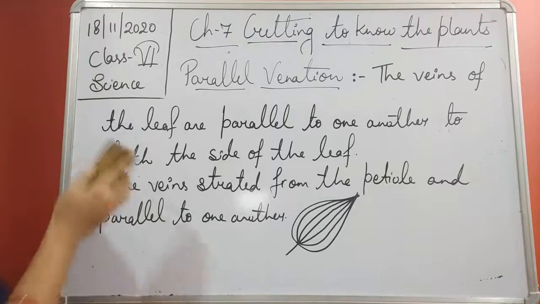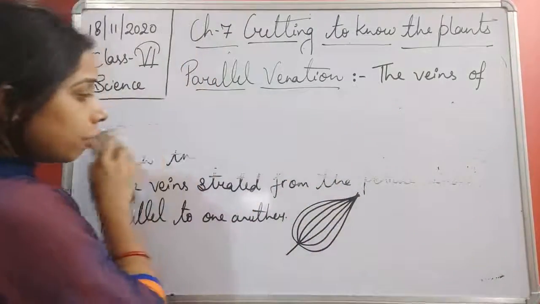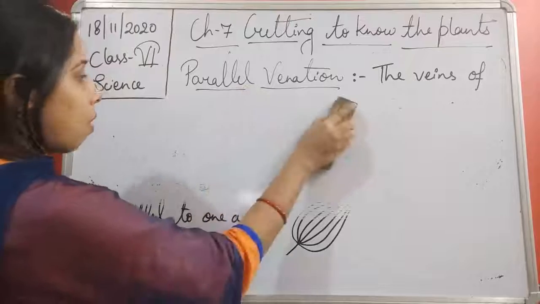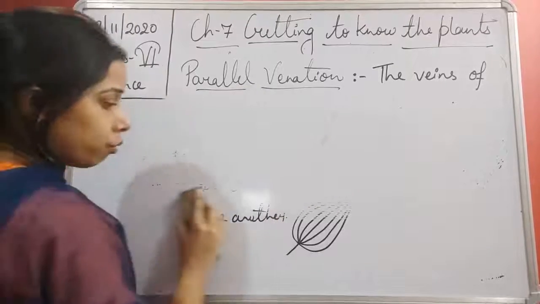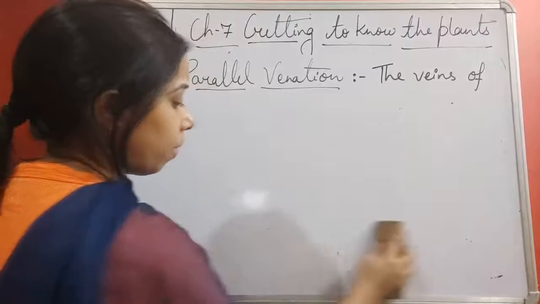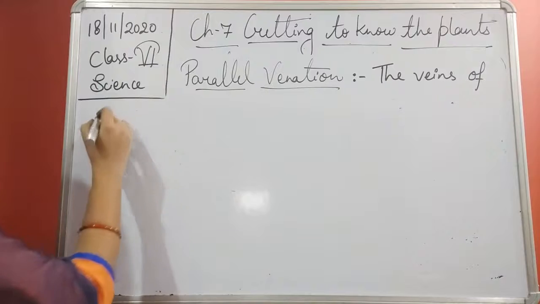Now, what are the different plants which show this parallel venation? There are a lot more which show the parallel venation. Let us see some examples of plants which show parallel venation, in which the veins are parallel to one another. So you see, maize is there,